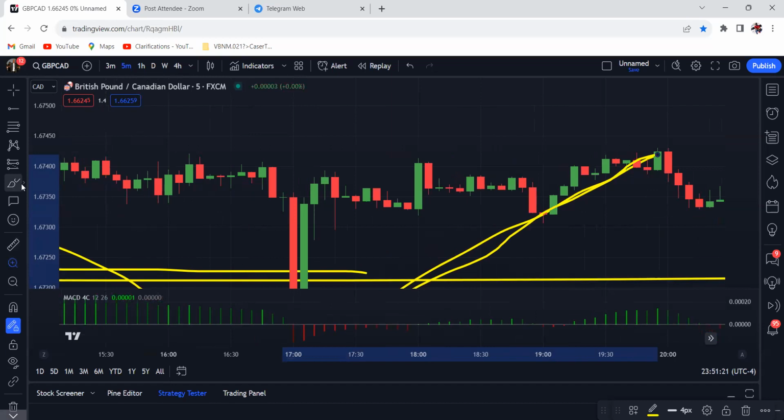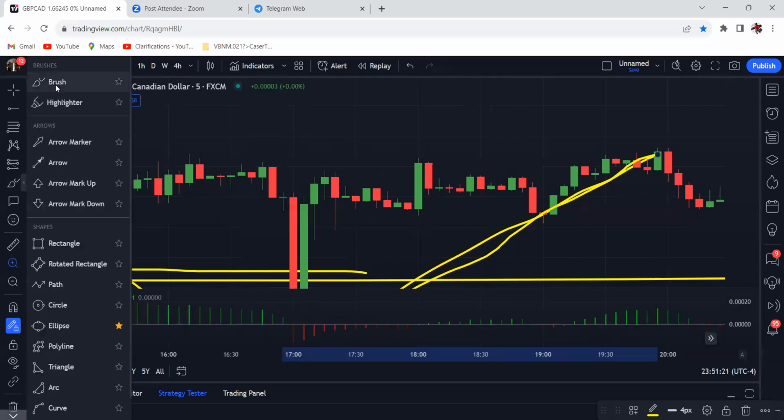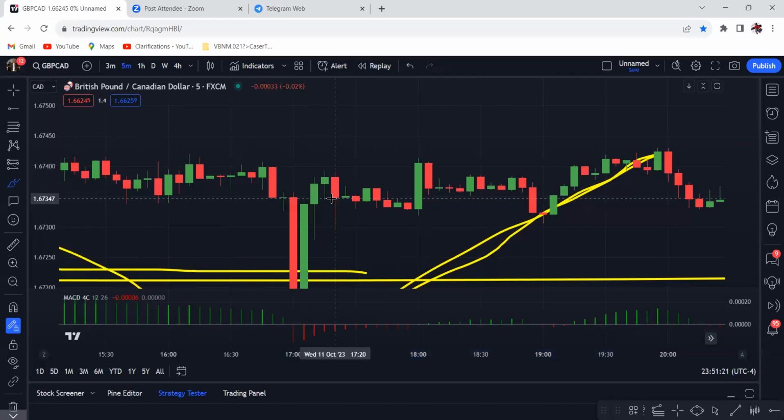Let's look at it. Almost. I would have liked to see the full body close below this wick. It almost made it there, so I really wouldn't catch that. Then you got another bullish, then another bearish. This somewhat did it. I would have liked to see a more aggressive bearish candle, but I wouldn't hate you guys if you use that.